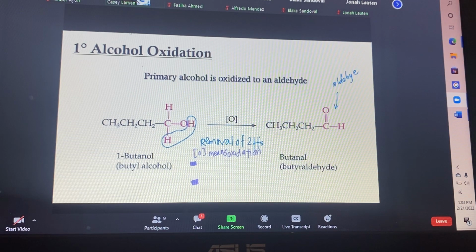So you said two different types of reactions with this, or is that what you said? Yeah, so when we were talking about alcohol